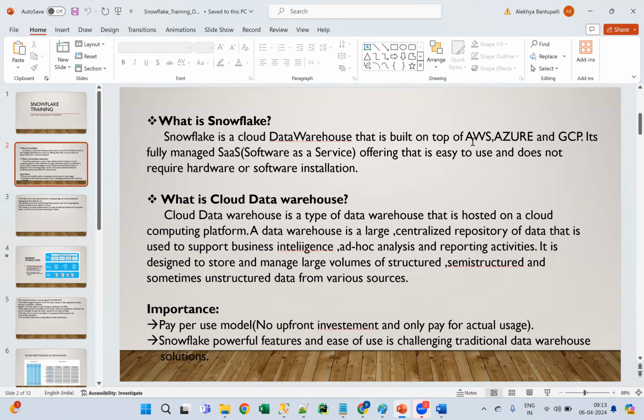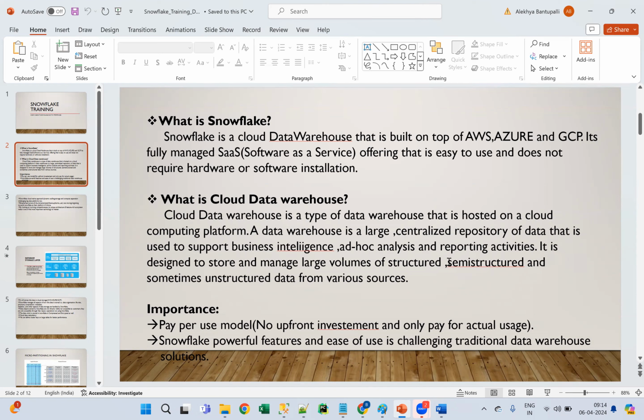So, for example, if you want to load millions of records in a database, you can store them. There is no issue. But why do you need to store the data? If any requirement comes up from the client, if you want to show some reports to the clients, like how the business is going on, whether it is at profit level, loss level, or neutral level, how are they going to see that? By using reporting activities, right? By doing some ad hoc analysis and business intelligence tools, they'll create the reports based on the data.